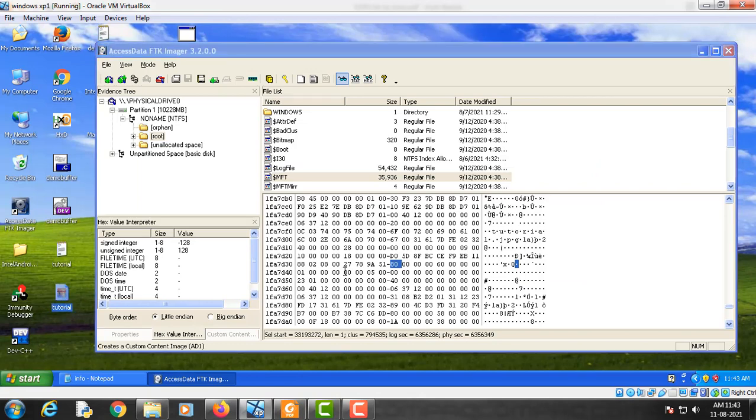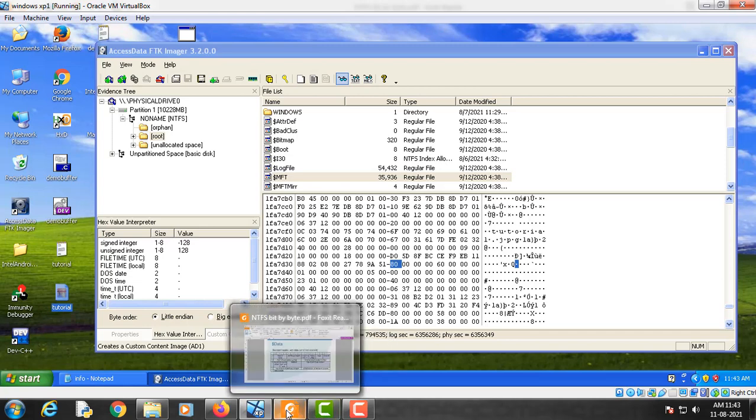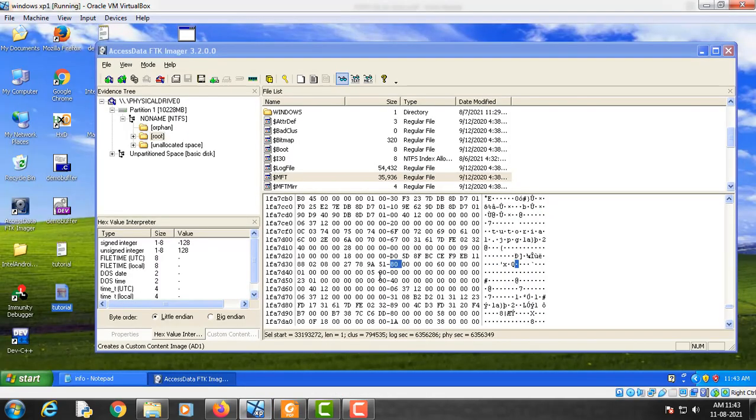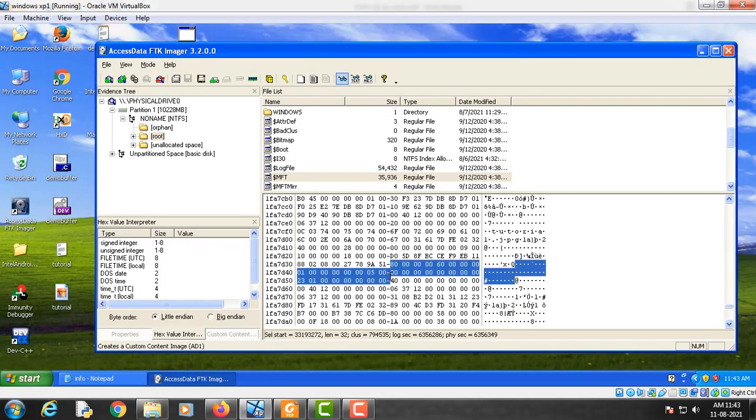As you can see here in this data attribute, the data run list is located on the 5th row. So 1, 2, 3, 4 and 5. If we go here, then this is 1, 2, 3, 4, and 5th. From here the data run list starts.